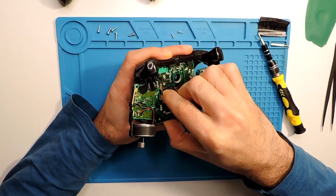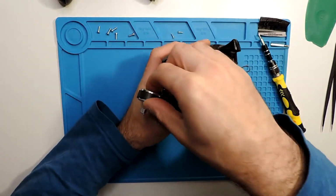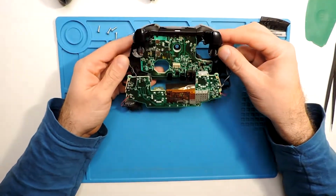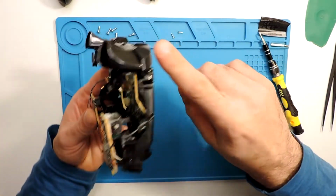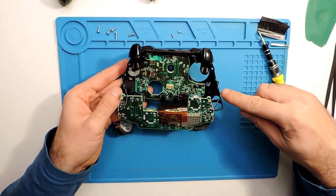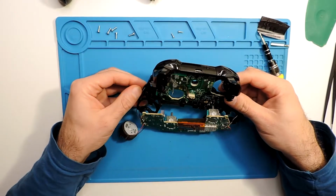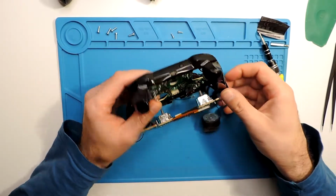Okay, we took this, so we can just lift it up. Sometimes it's a bit stuck. We can take the motors over here as well, and it comes out. Now for this one, since we are taking these, we have more cables here that go to the buttons over here, pass to the front, so they are both here on these sides. Sometimes this wire is not big enough, so you cannot pass it through here, but in this case it's big enough. And let's take it to make it easier to take the